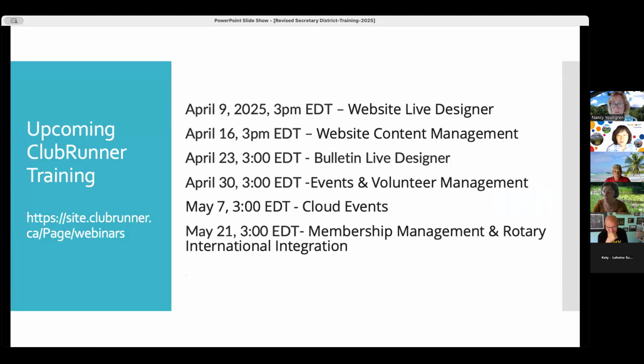And one of the reasons you want to do that is when they get into the leads program, they're already assigned a RI number. And so if you add them on in Club Runner and Rotary International assigns them a different number, then they have 2 numbers. So if it's a lead, please add them through that website link.